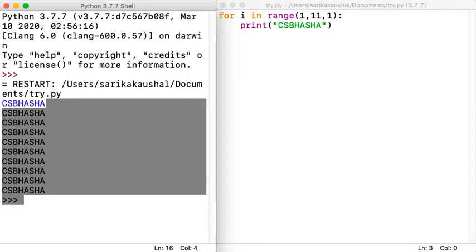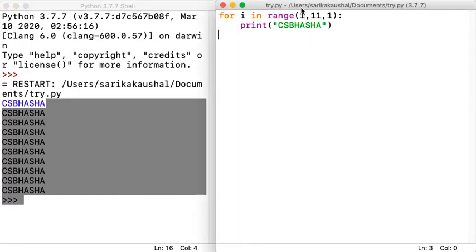What I mean by infinite loop is that suppose I by mistake start with 1. So here the starting value is 1. What is my ending value? Suppose my ending value is minus 11. So here 1, I keep on adding to it. After 1 it will become 2, after 2 it will become 3, but it is never ever going to be less than minus 11, which means my loop should go in the infinite way.